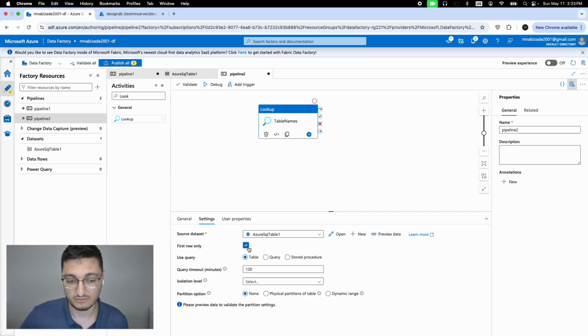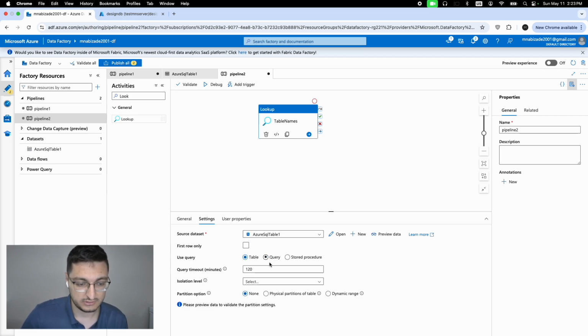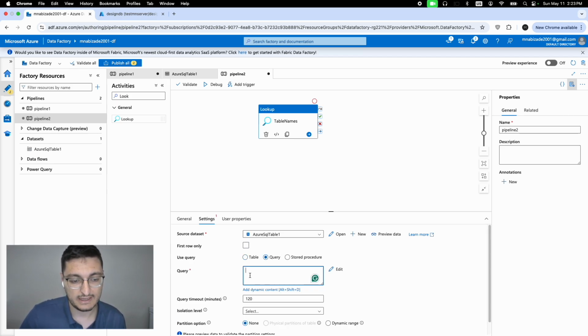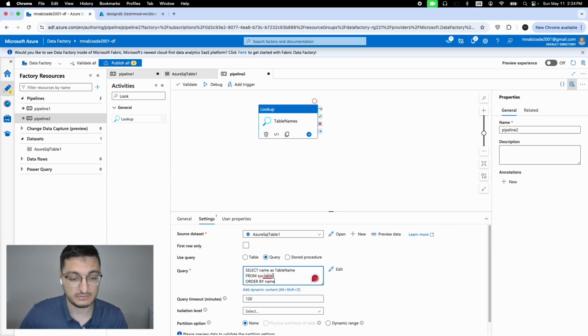It could be SQL servers, or any SQL database. Basically, we don't want the first row only, we want all the rows. And then here I will just copy paste some code. It's very simple code. So this code checks the table names, and it will tell you all the tables inside